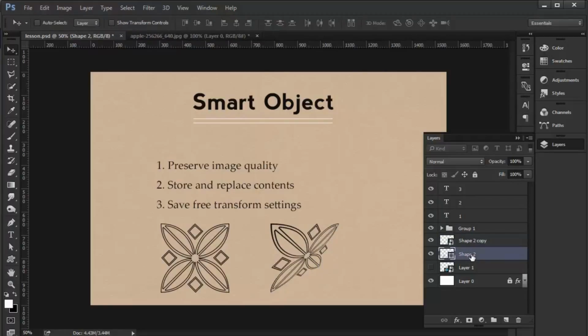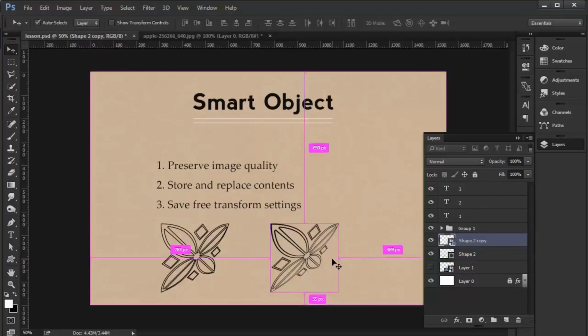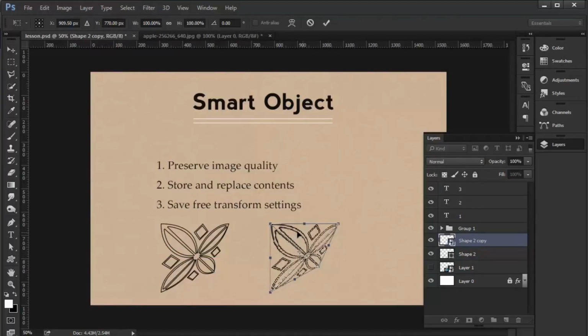Okay, and the other one is not converted into a smart object. Control T, and then press your Control key on your keyboard and then distort this shape. When done, click this check mark or press Enter on your keyboard, and let's go back to this one where we converted to a smart object, Control T, and you can see we just saved the transformation settings where